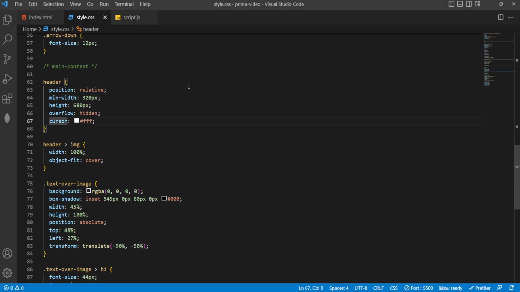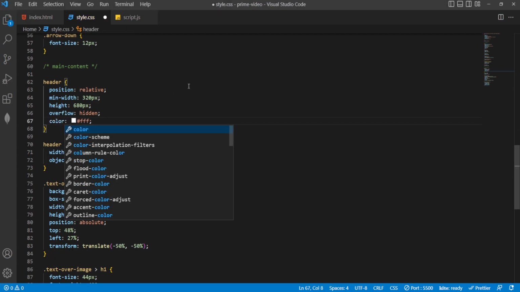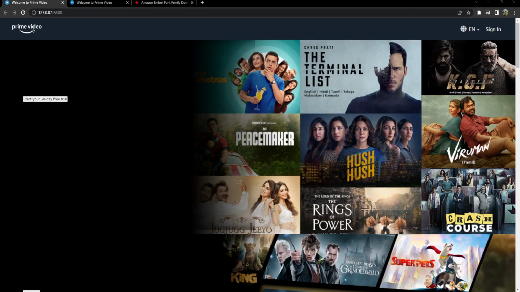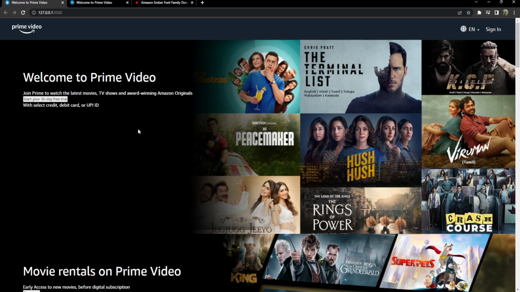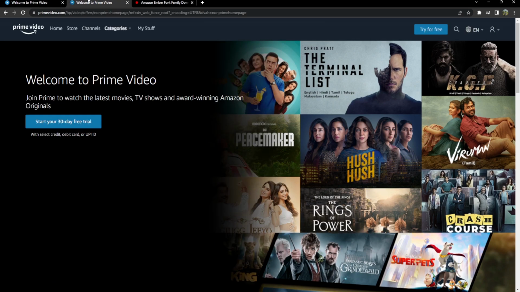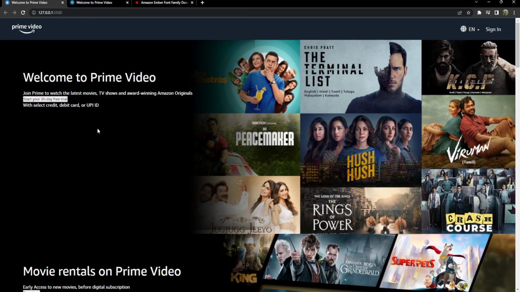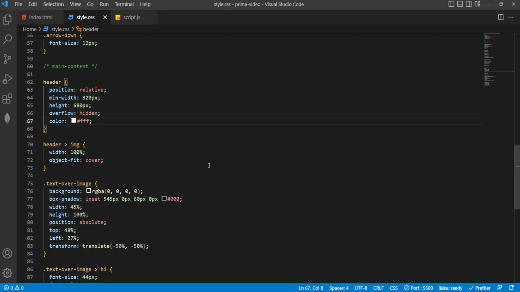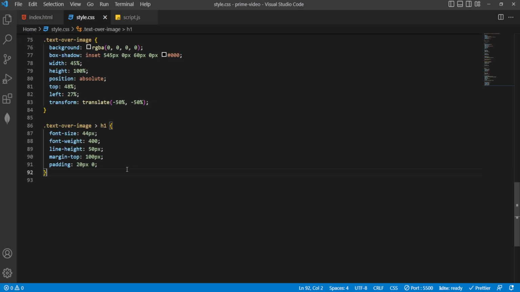So in header, this will be not cursor, this will be color. Now let's see. Okay, now it's showing. Sorry, this is my fault. Okay, now let's come to code and select the p tag,